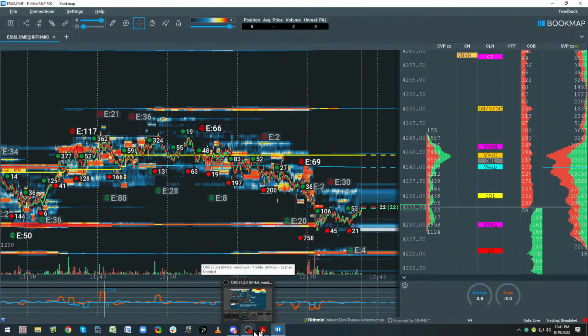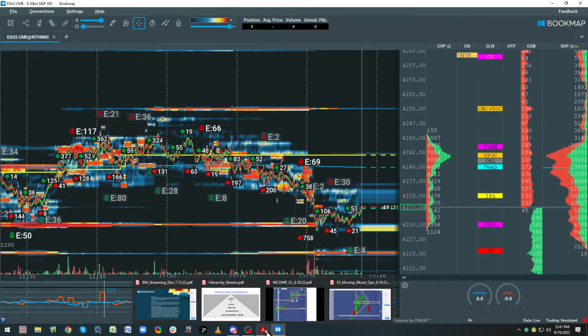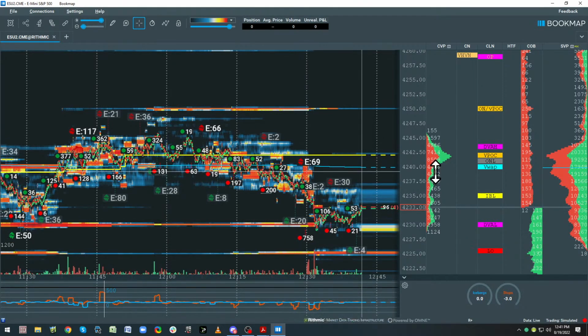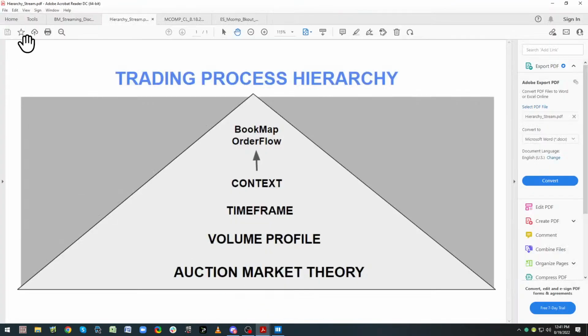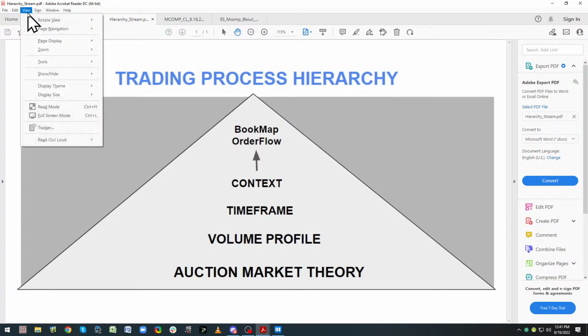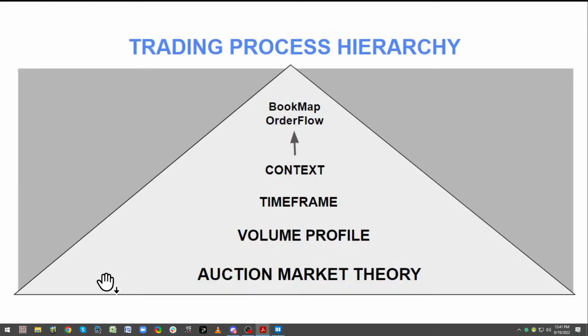And if you take a look at the way I overview this, by the way, I'm going for low of the day at 42.15, who knows, right? And by the way, I don't worry about that. I don't care. Absolutely could care less. My job is already done on that trade. This is the process. If you understand this, now you know what's going on. You absolutely know what's going on.